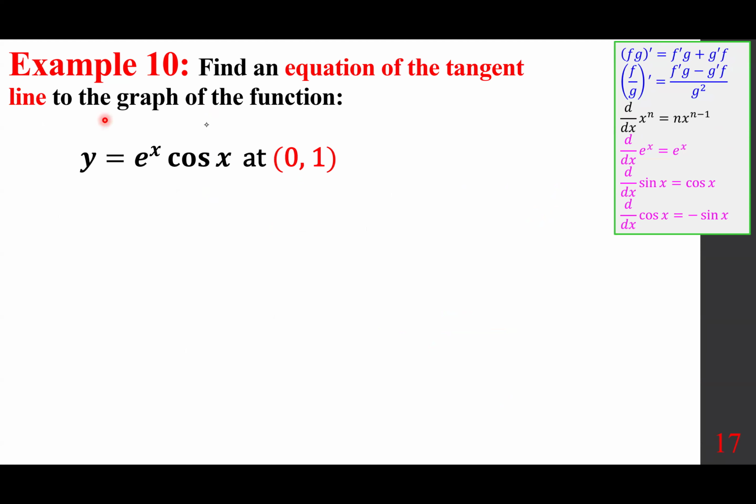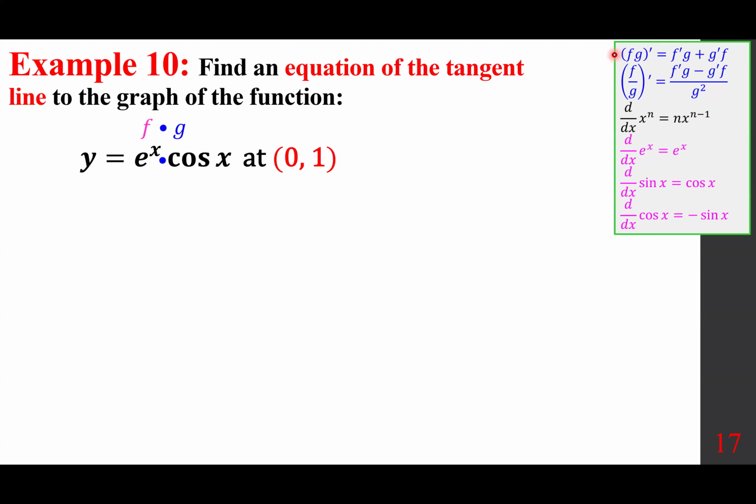Find an equation of a tangent line to the graph of the function y equals e to the power of x cosine x at 0. To find an equation of a line, you need a pair, it's given. You need the slope. We are going to differentiate, so we are going to find y prime. The first thing we noticed is the product of e to the power of x and cosine x. We put a raised dot in between and we put fg at top to say, okay, we are going to use